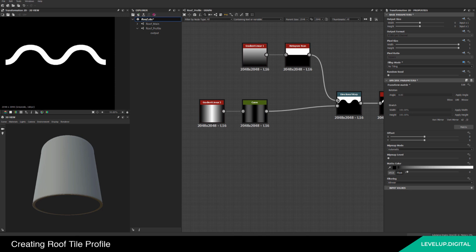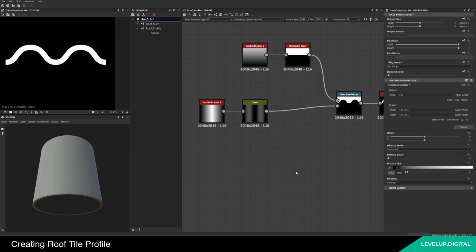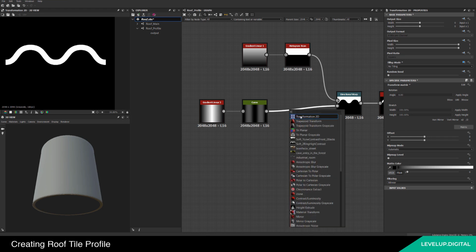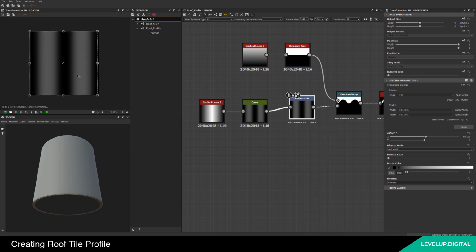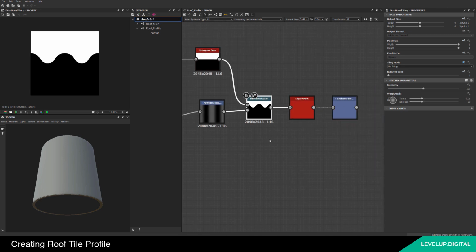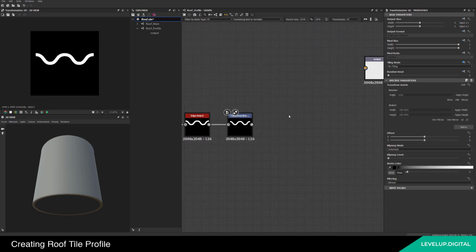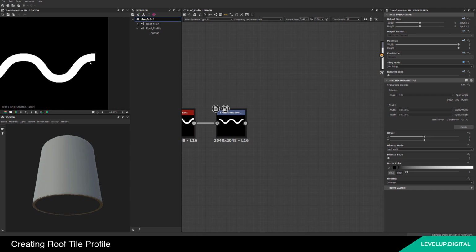But first, if we go back to the reference, we see that it should end on a top ridge, not on the bottom like ours is doing. So we'll just put a transform here and move it off 0.25 down here. So now it's ending on a top instead of a bottom. And the same there. And to extend this a little bit